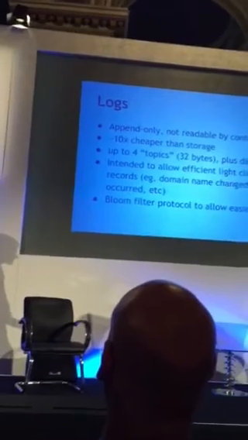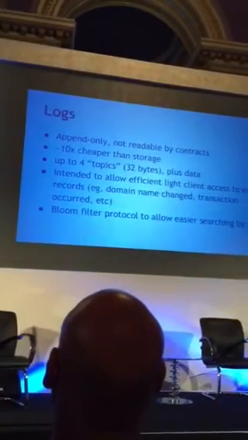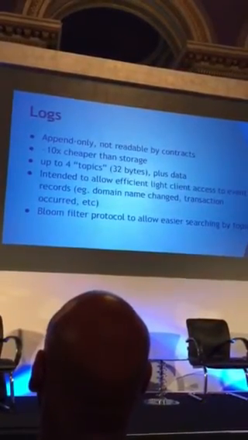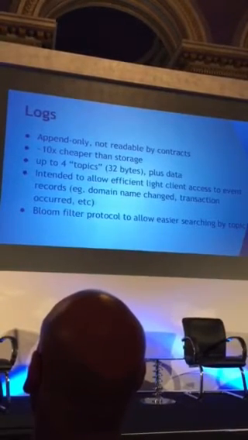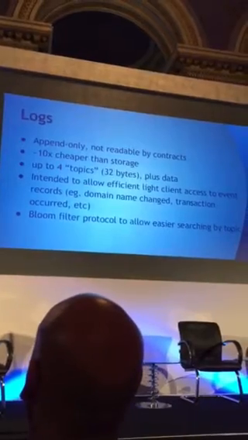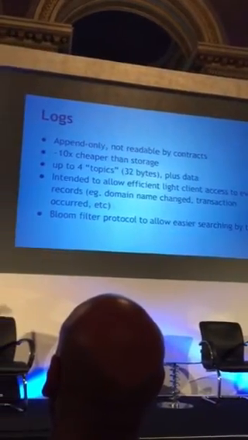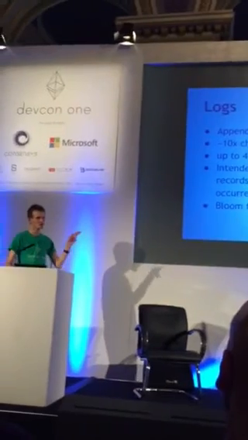Logs are a special feature in Ethereum that is a different kind of storage. In general, when you set variables, that gets set in account storage, and that can be read and written by contracts. Logs are basically append-only. If you have a transaction in one particular block and it creates some logs, those logs get hashed into that particular block, but they're not visible. They cannot be accessed by contracts, and they appear just in that block. They're not in any kind of persistent state.